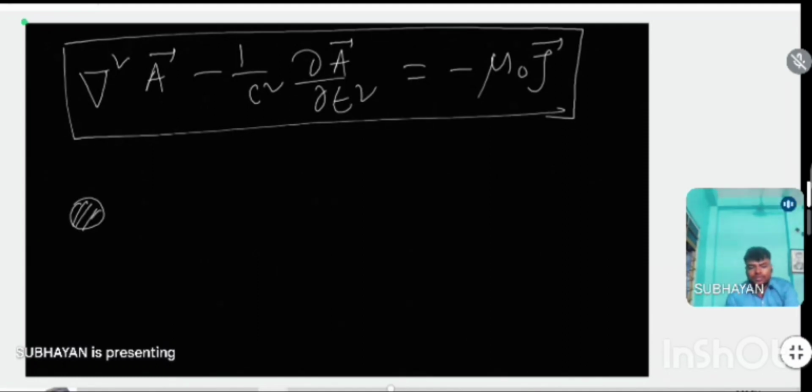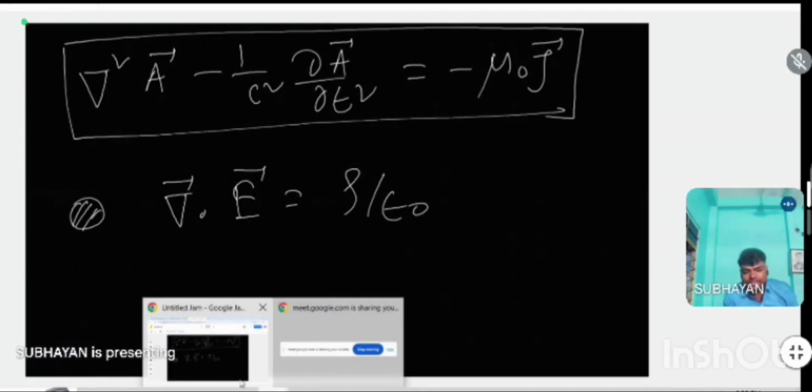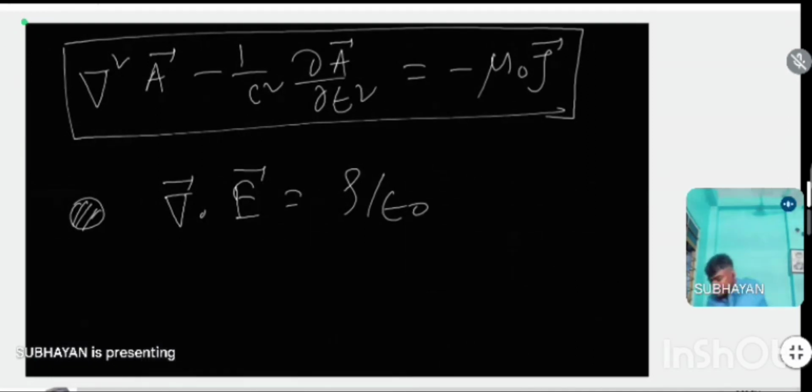Similarly, I am leaving some homework for you. Suppose I want to express the Maxwell first equation, the Gauss's law, divergence of E equals to rho by epsilon. Now you have to express this Gauss's law in terms of A and phi, following the Lorentz gauge solution, Coulomb and Lorentz gauge solution. Okay, and this will be homework for you, and surely you will find this one, that